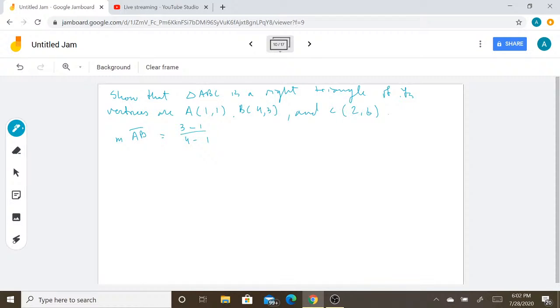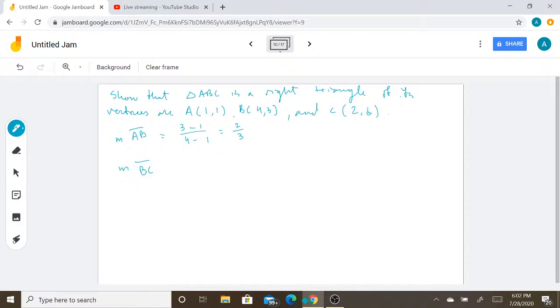So that's what we're doing. We're taking the y coordinates and subtracting them from each other, and then dividing it by the change in the x coordinates. And we're left with 2/3 for the slope of side AB,